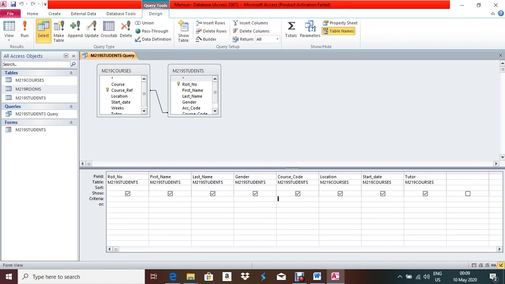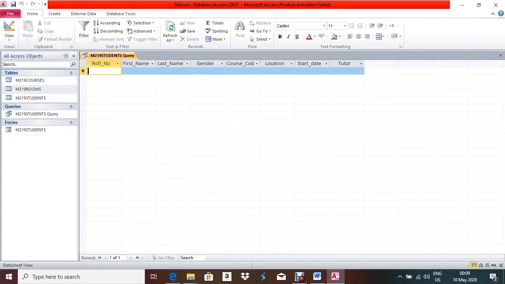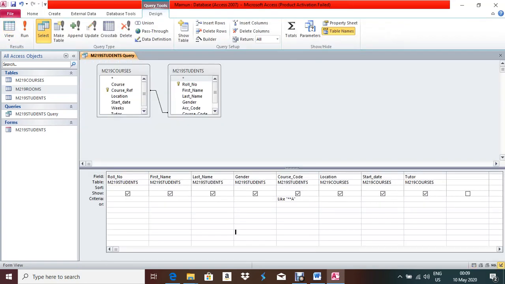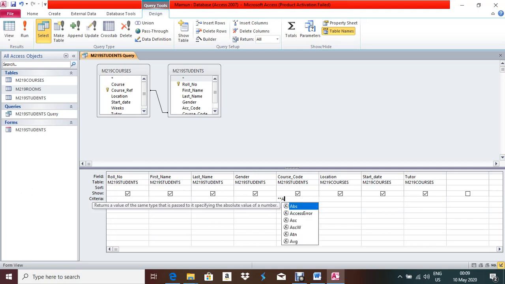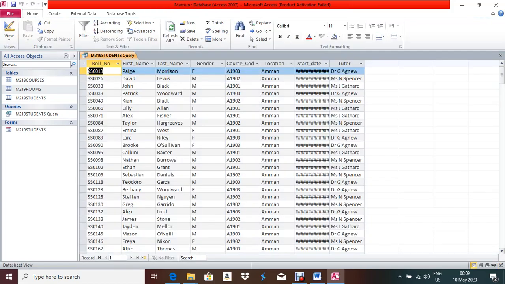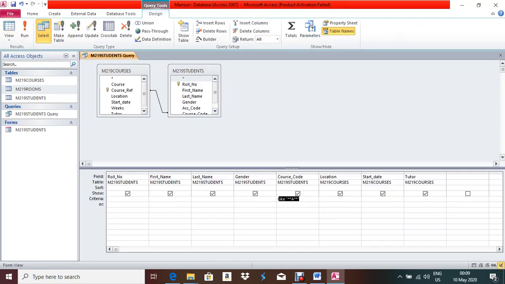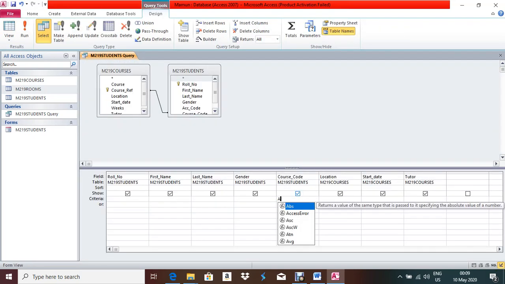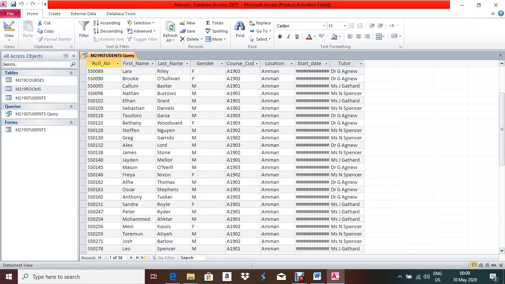So if I write double star A, only double star A, what will happen? Check. Run, nothing is there, right? So how to write? This is another way I am writing. So double star A, and double star. If you write this way, this one will work. All will start with A. Check, right? Or contain A. Or you can write another way, maybe it will work. Now check. All start with A.